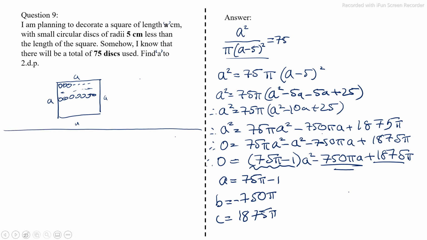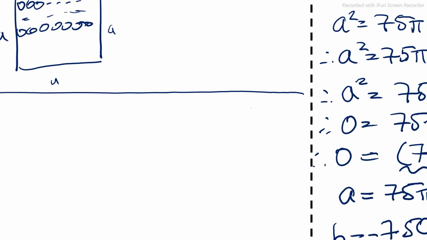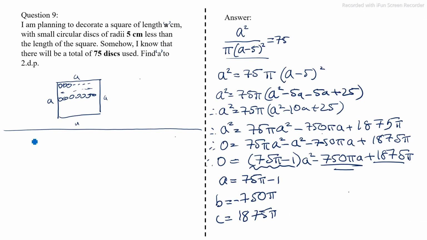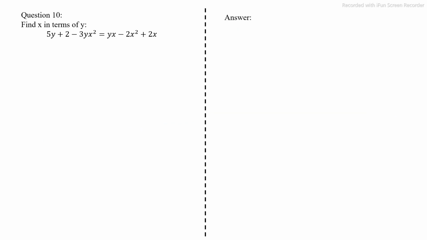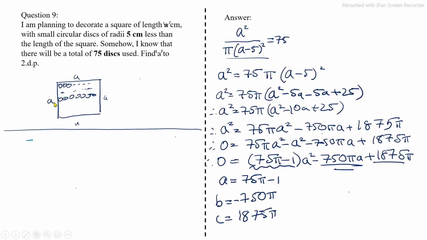I'll draw a line over here. I'm going to change the color of my pen. You know, getting into the mood of solving this question. Okay, so we need the quadratic formula. What is the quadratic formula? Well, it's just negative b plus minus root of b squared minus 4ac over 2a equals x. And therefore we can use this quadratic formula to solve for